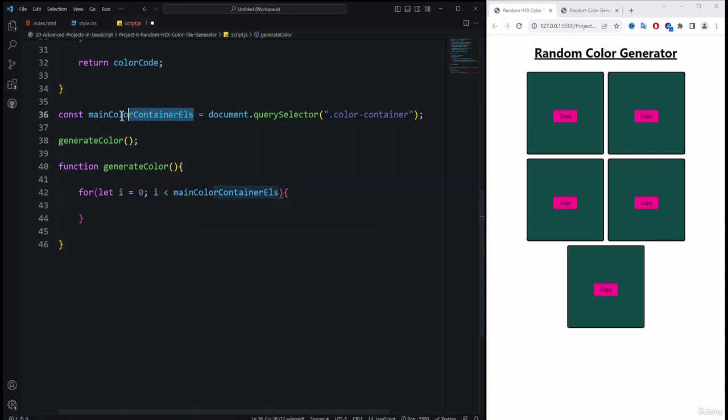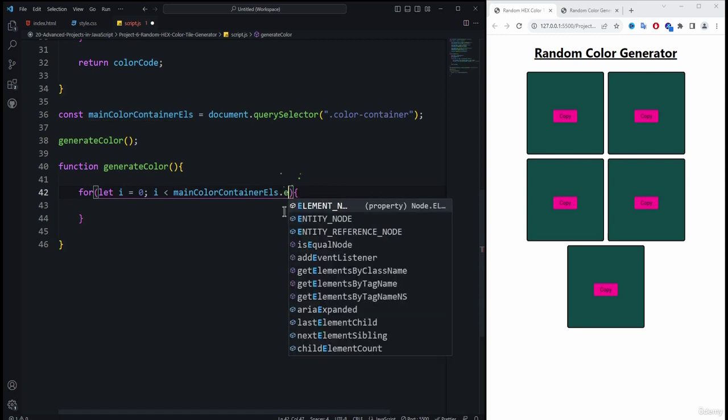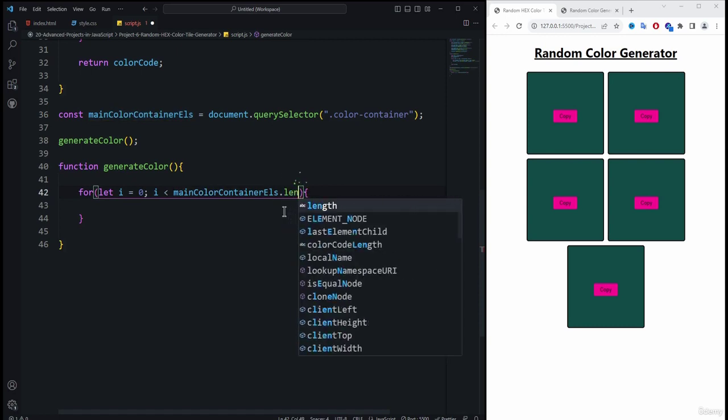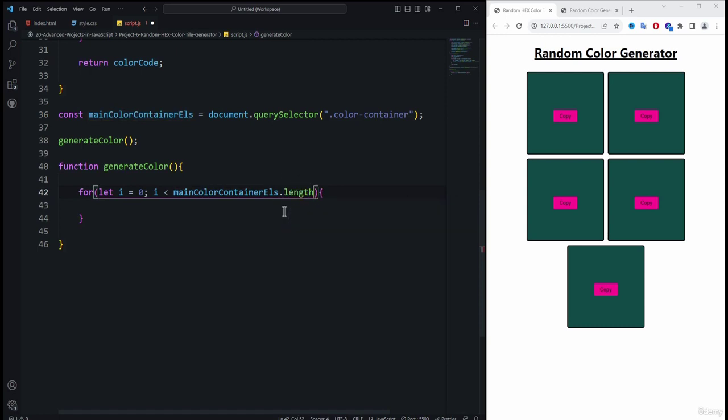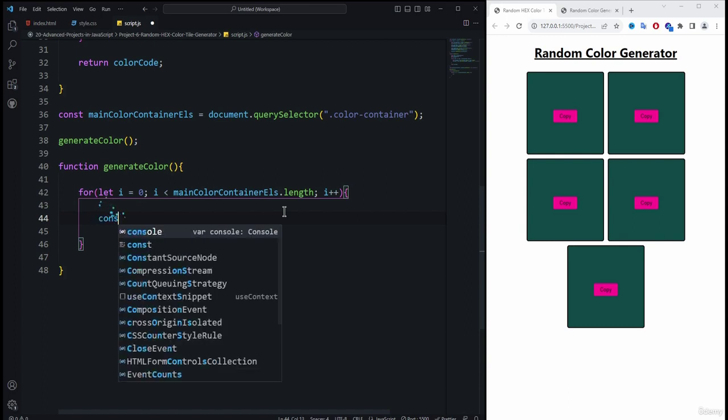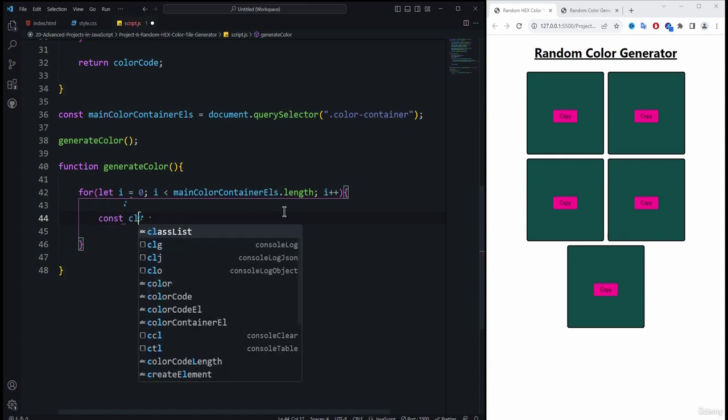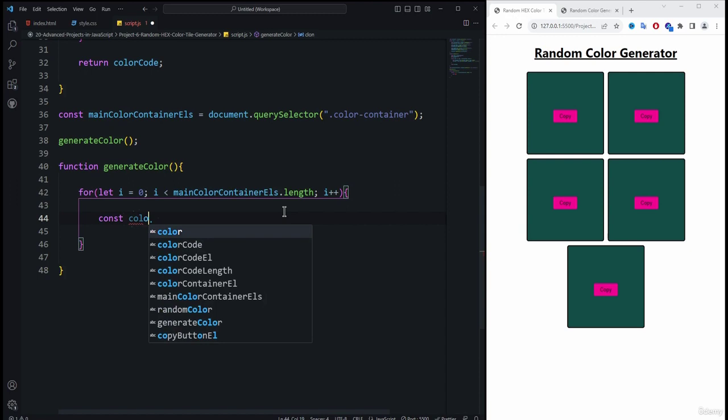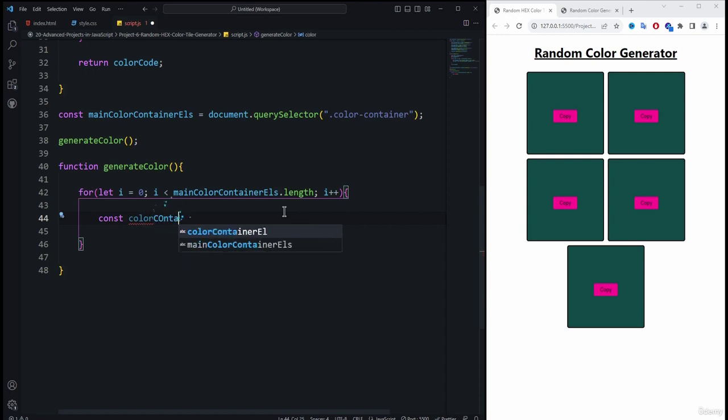So these main container elements dot length, so according to the value of this length, we want to run the loop, and then we want to increment the value of the i variable, which is actually used as a counter variable for the for loop. Then inside of that, we want to first create the const variable. So this will be the color container